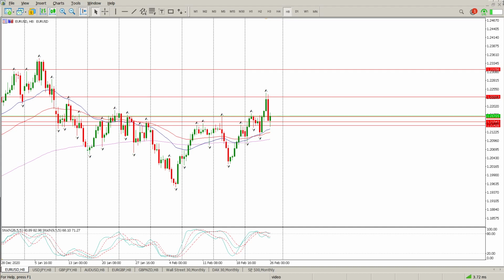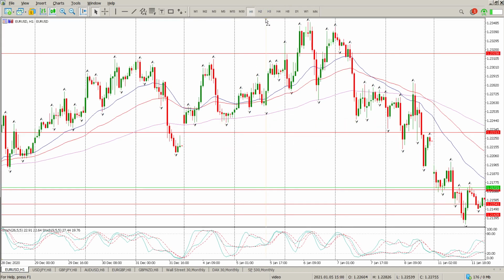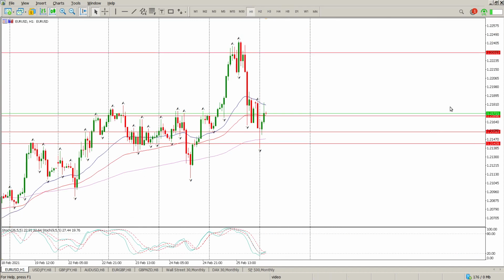So starting off with EURUSD, we did hit our targets. Target was right up here at 122.313, and then we had a bit of a meltdown. Most of the market had quite a bit of a meltdown yesterday, and as you can see, big up, consolidation at our level, and then big down. So